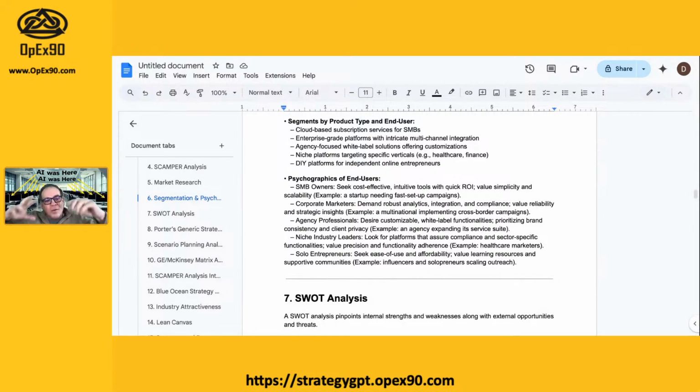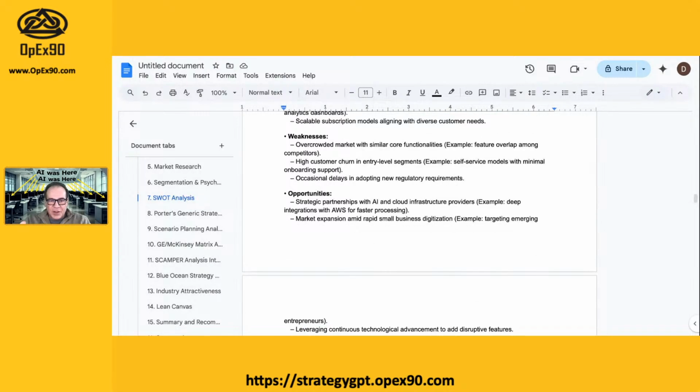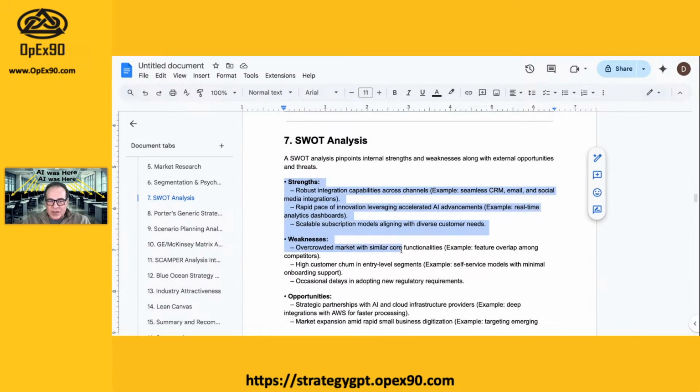You have that macro view that you may not have considered in the past or might have been difficult to get. Now you have the industry view. Now you have what's some of the volatility in that marketplace, market trends, customer segmentation, right? And then I do a SWOT analysis, which we didn't run independently, right? What are the strengths, weaknesses, opportunities, and threats? Strengths and weaknesses in the SWOT analysis are internal to you, the business. Opportunities and threats are external. So a SWOT analysis, most people don't realize it, is an internal, external assessment.